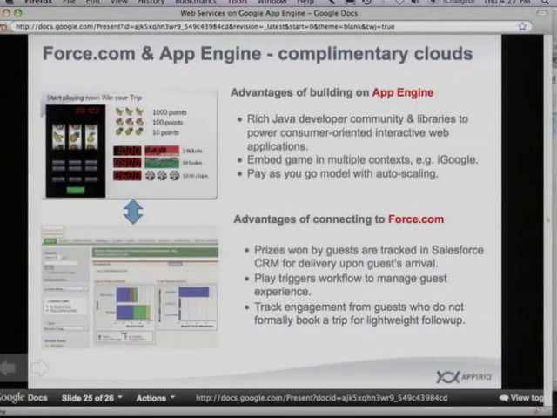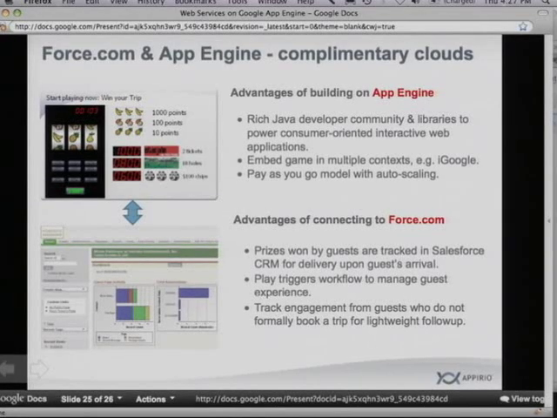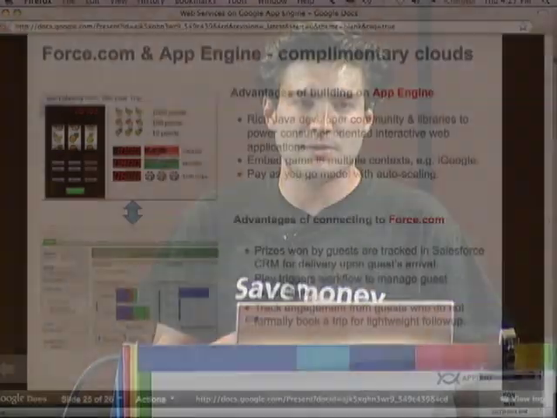So coming back to this question of connecting the clouds, we thought there were very many advantages to using App Engine. Essentially, we're able to take advantage of the Java developer community and the libraries out there when building these slot machine type applications, and we're able to embed it in multiple contexts like iGoogle. So App Engine made it very easy to do that for us. And it was also a pay-as-you-go model for auto-scaling because we didn't know what the user utilization of our games